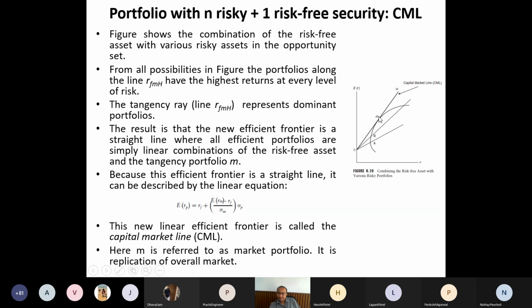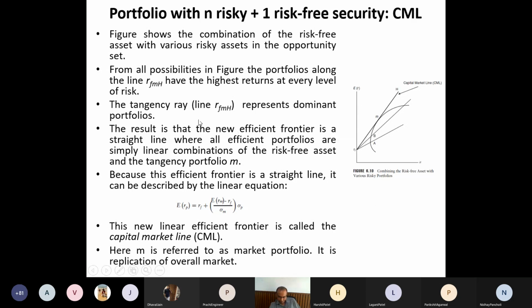It intersects this curve, the hyperbola, which is actually the efficient frontier of only n risky securities, and it is intersecting with this line determined by the risk-free interest rate at point M, right? And this is the tangency portfolio. So if I compare this line with any other line, you can see this particular line gives me the efficient portfolio because it satisfies the Markowitz efficient portfolio condition. Meaning for a given return, the minimum risk, and for the given risk, the maximum return.